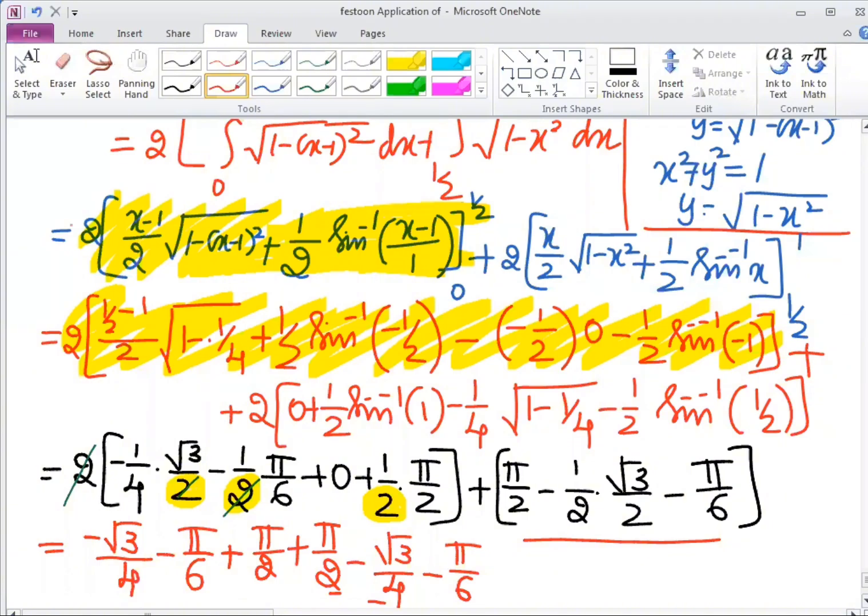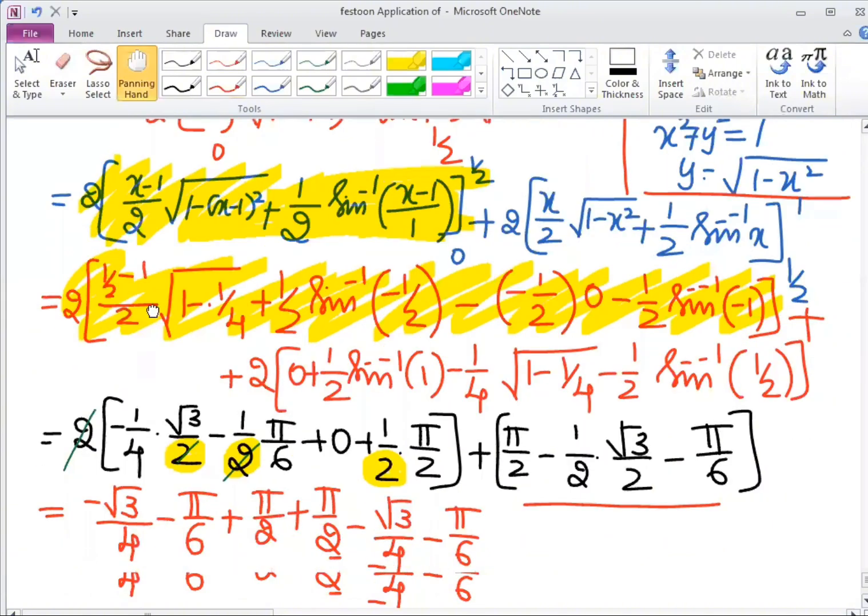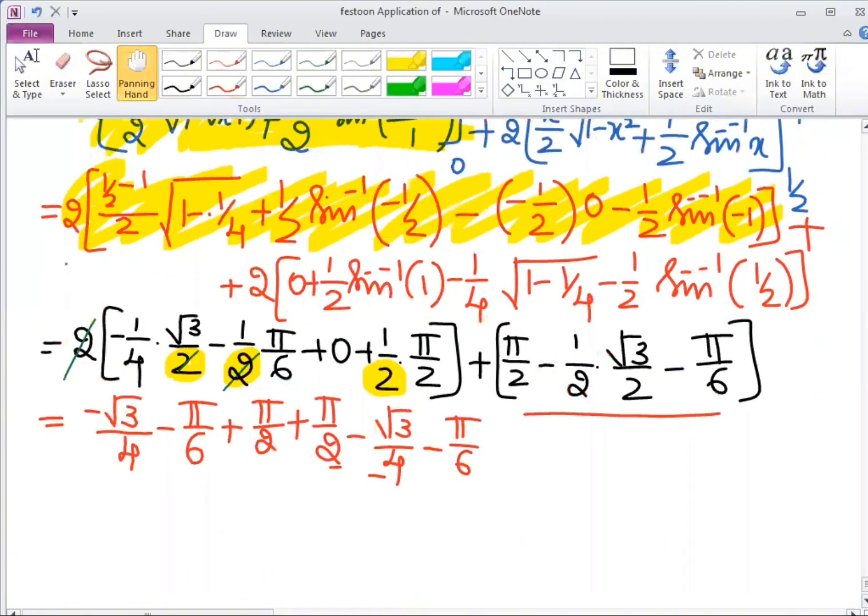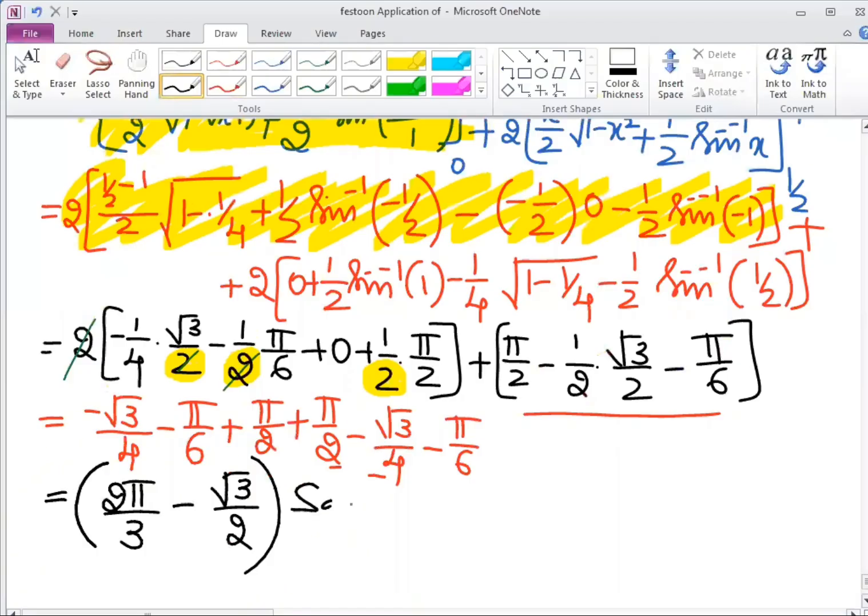If you continue this further, similarly, the formula we are going to apply. We are not doing anything new. That is equal to 2 pi by 3. If you go for LCM, these terms give 2 pi by 3 minus root 3 by 2 square units, which is the required answer. That is the area between